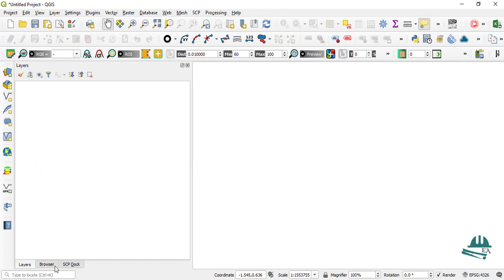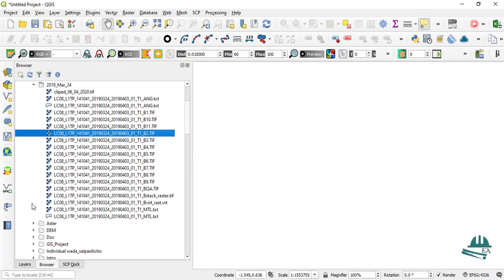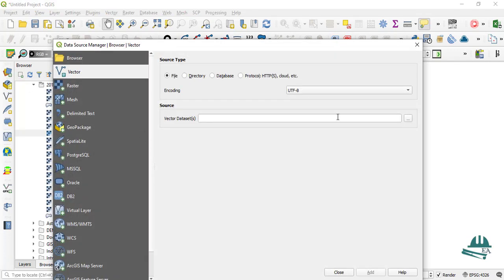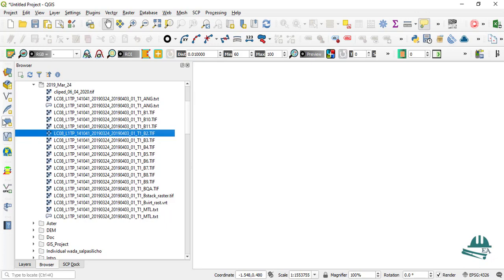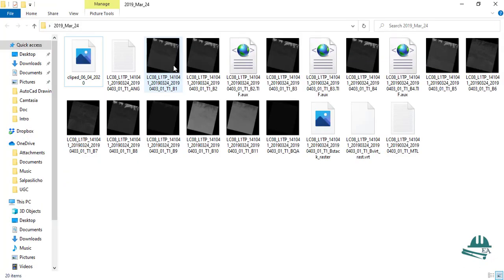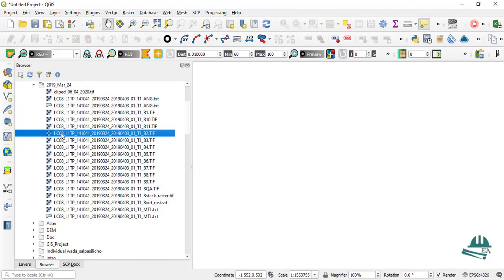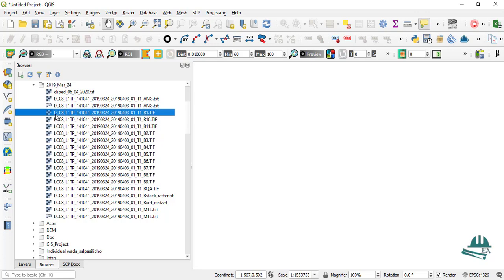First, how to load the raster data into the QGIS platform. There are three different ways. The first one is going through the browser panel. The second one is going through the Open Data Source File Manager, which will provide a link to your data, such as when I click raster data, it will provide the source where you have the file containing raster data. And the other is simply dragging the raster data into your QGIS environment. I am going to drag this into my QGIS platform.